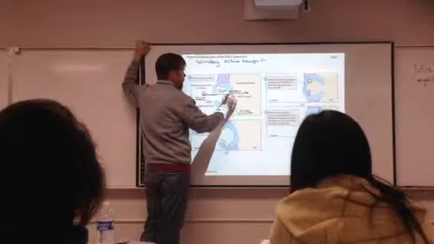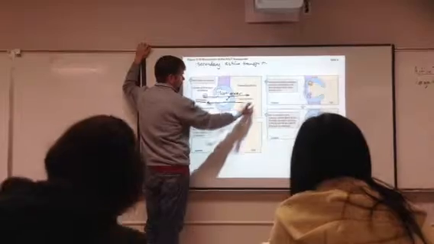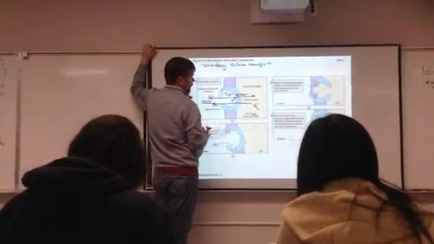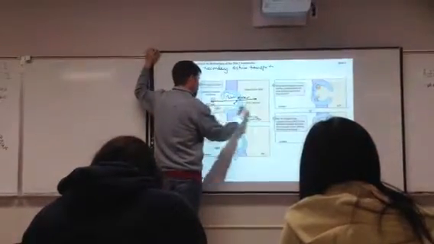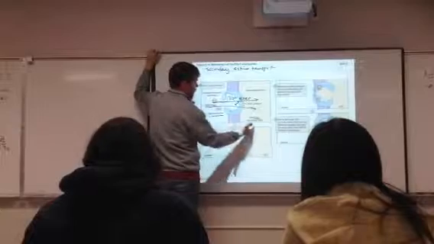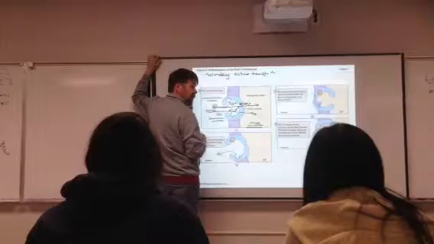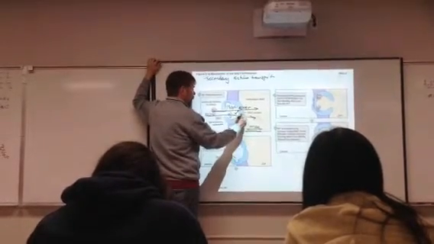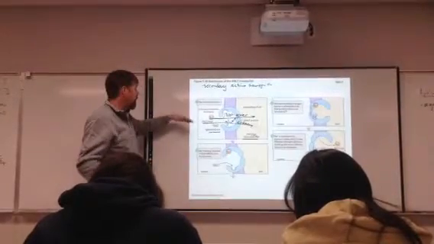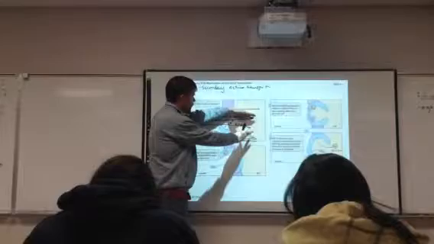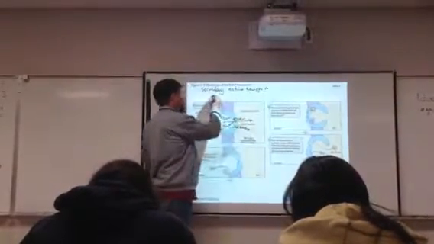And as that energy is being released, we're going to use that to actively transport glucose here from the low concentration outside the cell to the high concentration inside the cell. So glucose comes in, right? Low to high, that's active transport, that's endergonic. This protein carrier couples that reaction. It couples the exergonic diffusion of sodium with the endergonic active transport of glucose. So this would actually be called a sodium